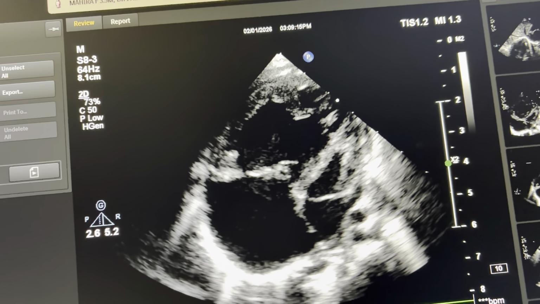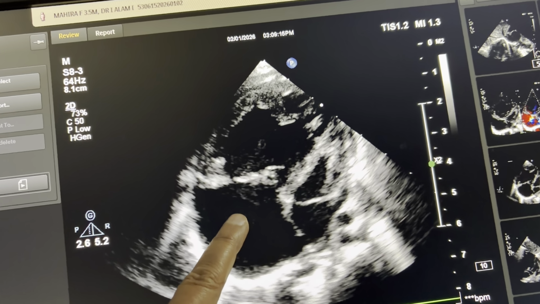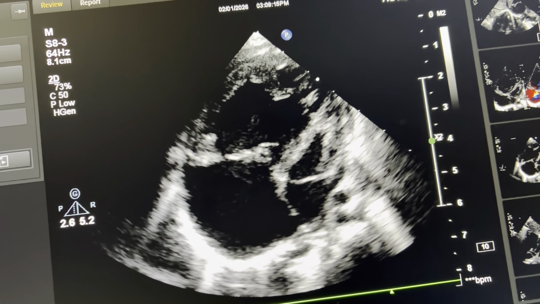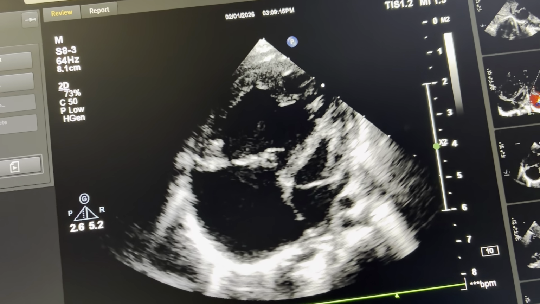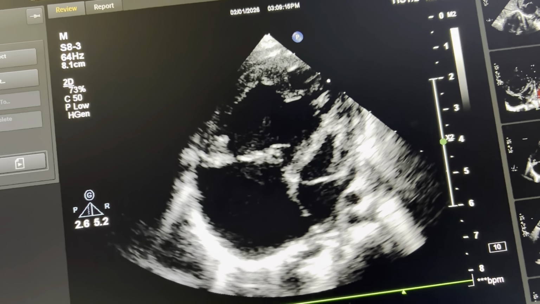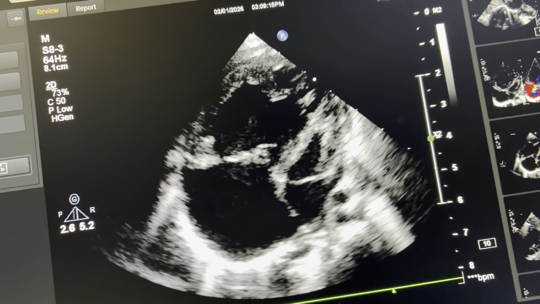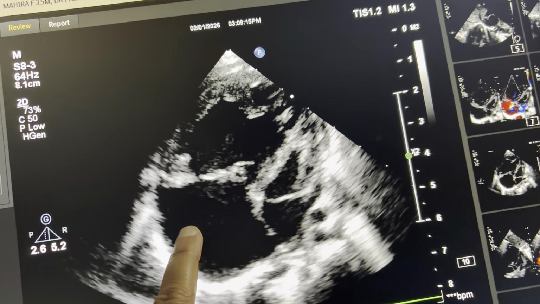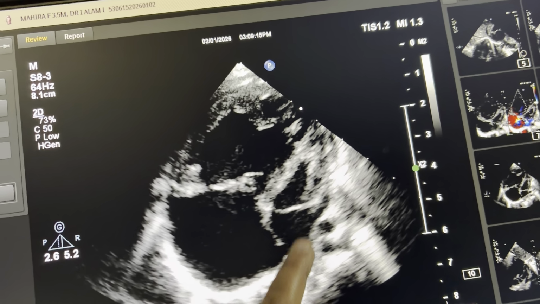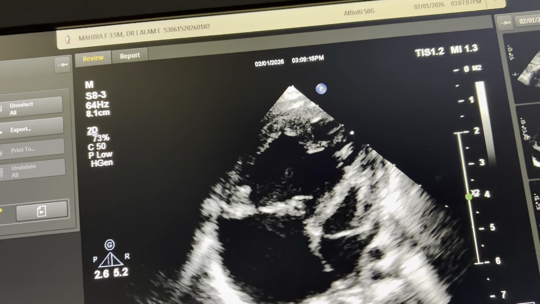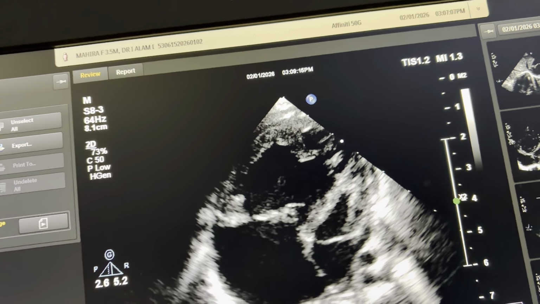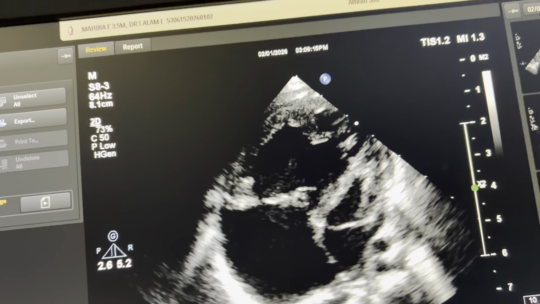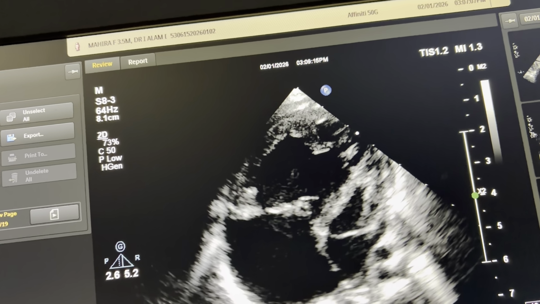This is the ASD. Flow always goes from right atrium to left atrium, because if there is no communication, the child will not survive. So there must be some sort of communication, either ASD, VSD or PDA. In this scenario, normally I have seen only ASD, not even VSD. The left atrium gets blood from the right atrium through the ASD, then to the left ventricle, then to the aorta, then to the whole circulation, then IVC and SVC to right atrium, right ventricle, pulmonary artery, pulmonary circulation, then the pulmonary veins again come through